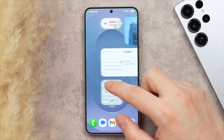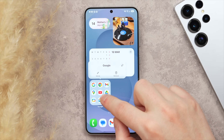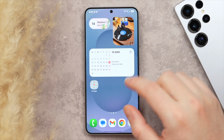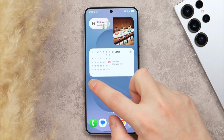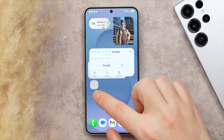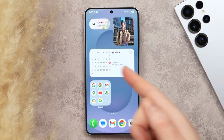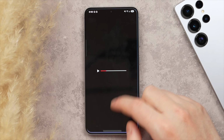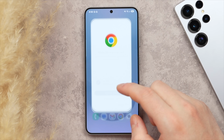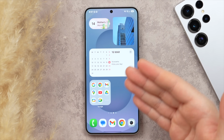Speaking of things I kind of like, we can now also expand folders. So this is an example here. Let me quickly shrink this back down to show you what I mean. So this is what a normal folder looks like, right? You tap onto it and then it expands, but you can actually expand it right on the home screen by tap and holding and tapping onto enlarge. And as you can see, it's then going to take up 4 app spaces as opposed to 1. But what is really neat is I can actually launch apps from here without having to first expand the folder. So it's going to save you a little bit of time and ultimately allow you to have even more icons